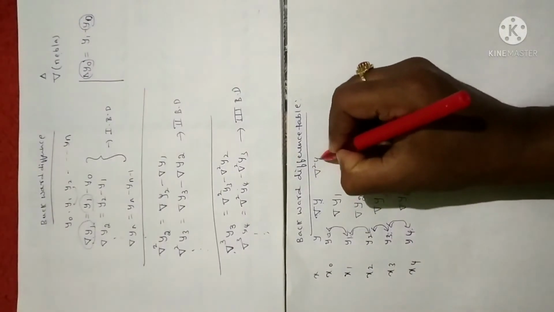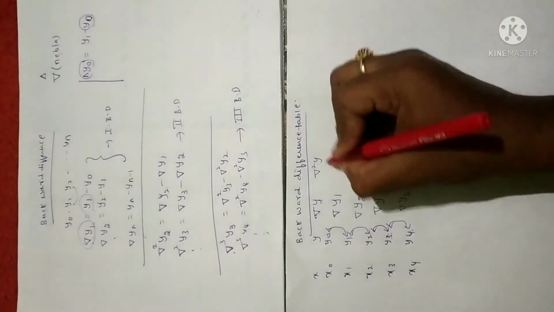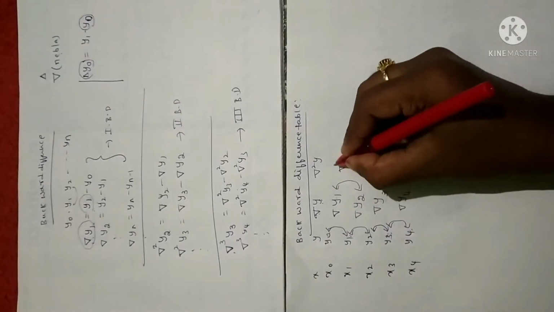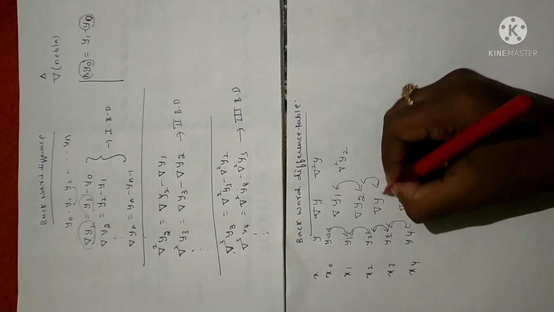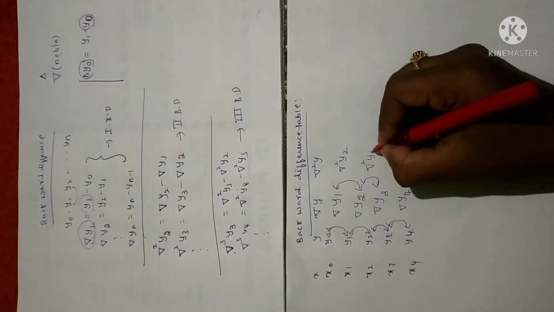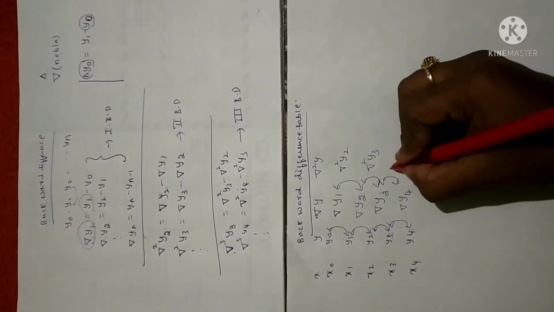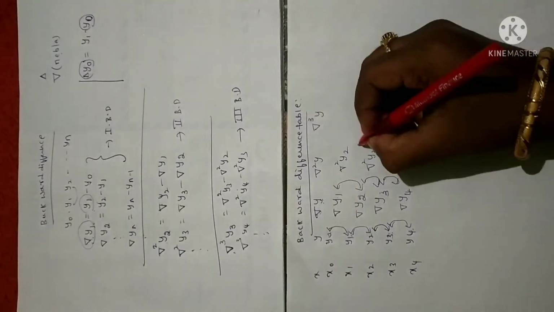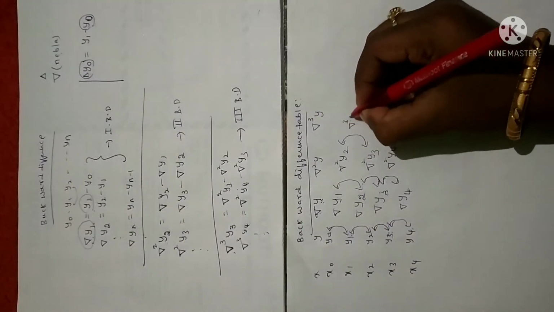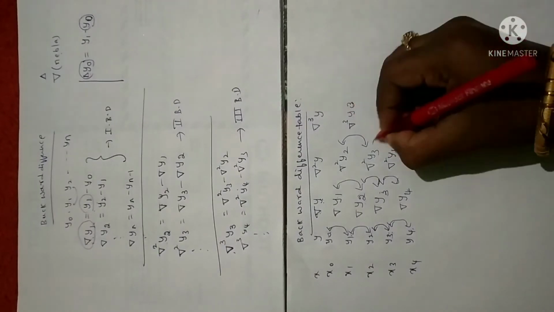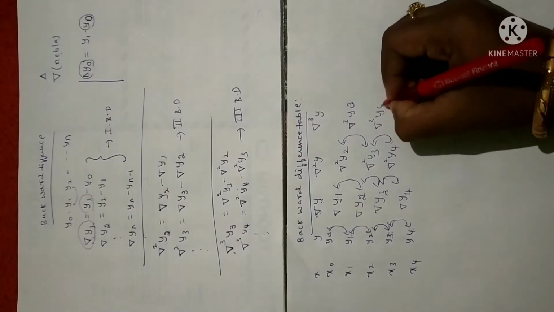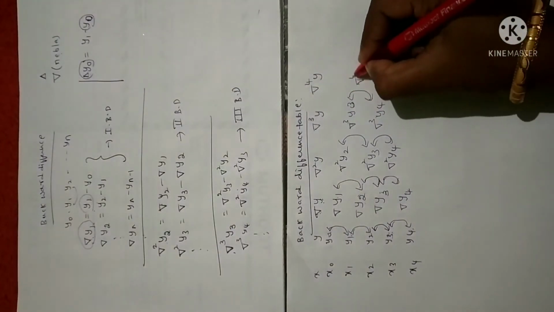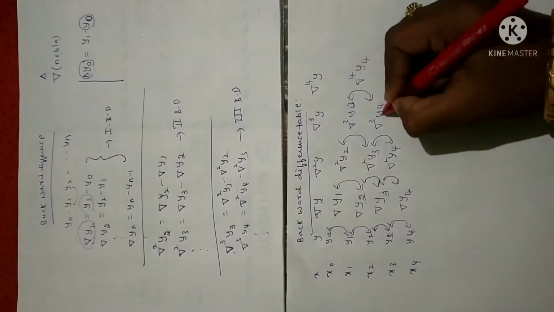Similarly, the second backward difference is reverse delta square or nabla square y. It is given by the difference of these two. So nabla y2 minus nabla y1 will be nabla square y2. Highest suffix you have to retain. So here the highest suffix is 3, that is nabla square y3. So y4 minus y3, it is nabla square y4. Similarly, we can calculate nabla cube y. It is the difference of these two, so it will be reverse delta cube y3. The difference of these three will be reverse delta cube y4. Similarly, reverse delta power 4 of y will be the difference of these two, so this will be reverse delta power 4 of y4, because the highest suffix is 4.